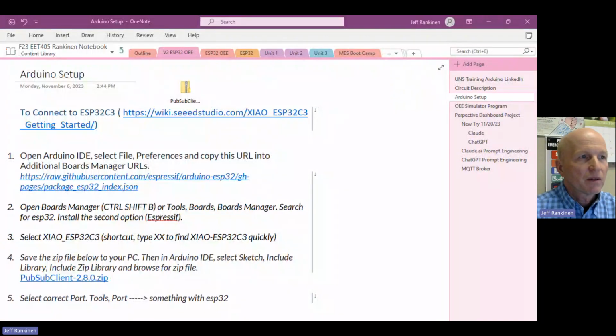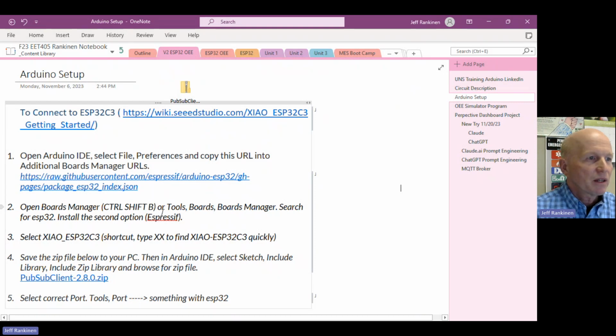Once you download it, just install it. There's going to be a bunch of licensing agreements. Just do all the defaults is what I do. So it's installing it. The second step is you're going to open the Boards Manager, and this information